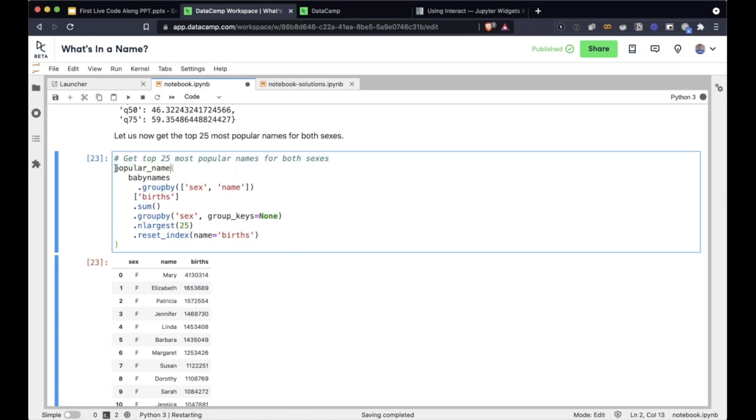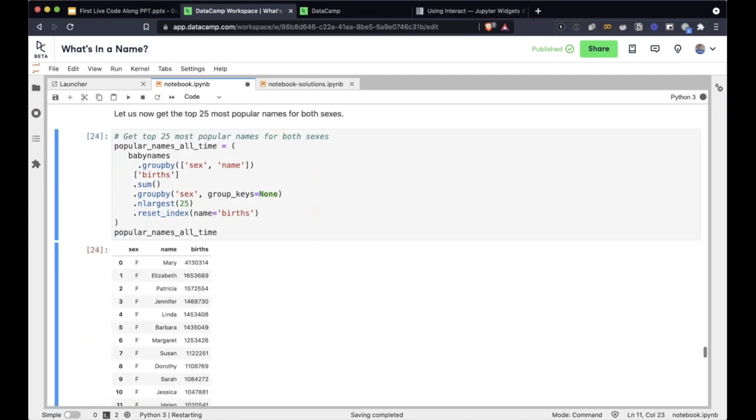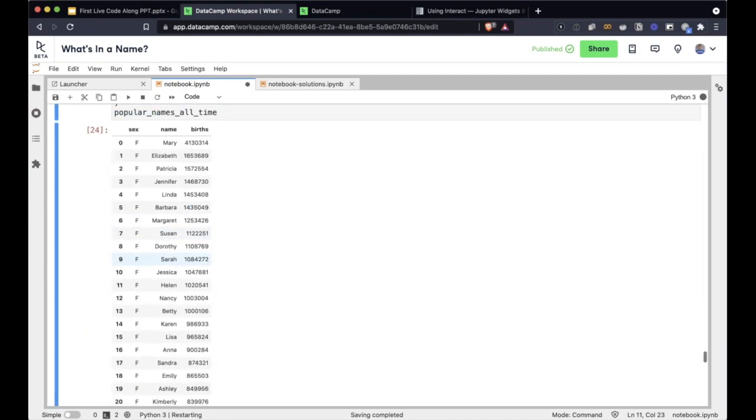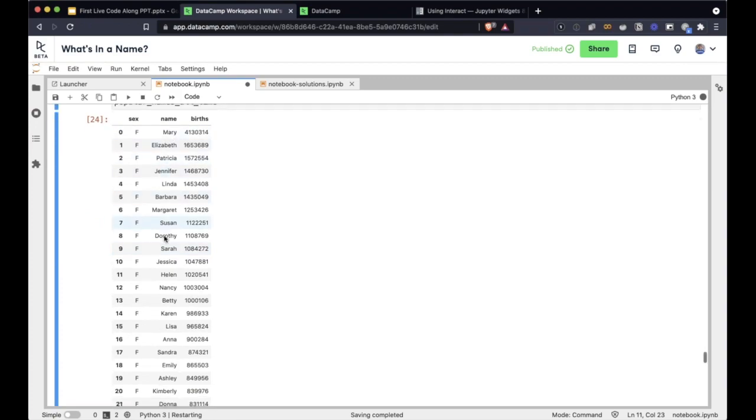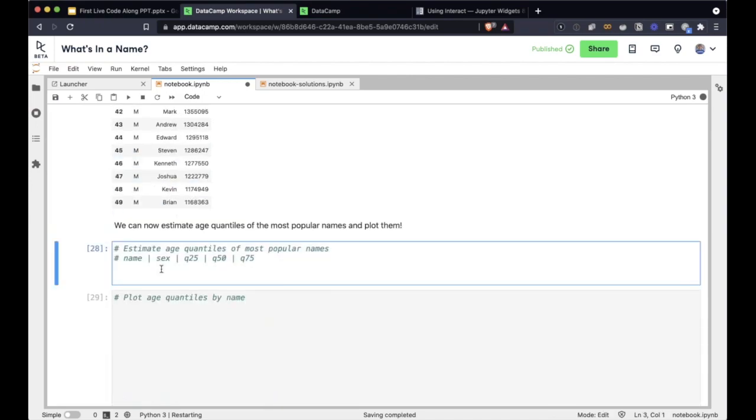I'm going to call it popular names all time. Now all we need to do is get the age for all these names. Here we will follow a really cool idea in Pandas, where we can iterate through all the names. We're going to do popular names all time iter tuples.